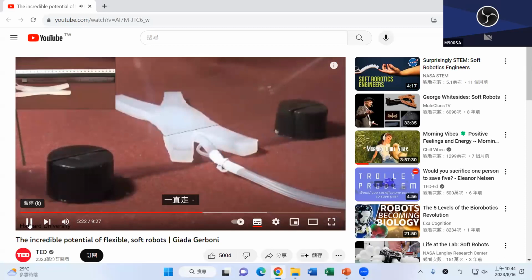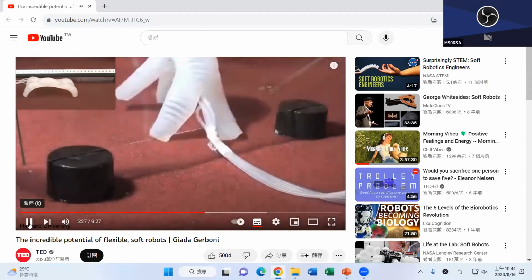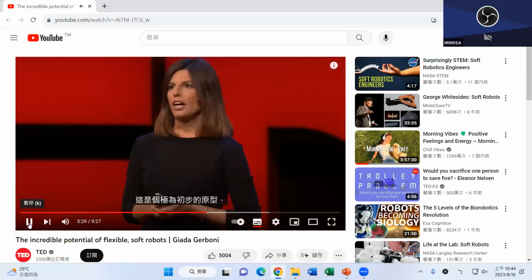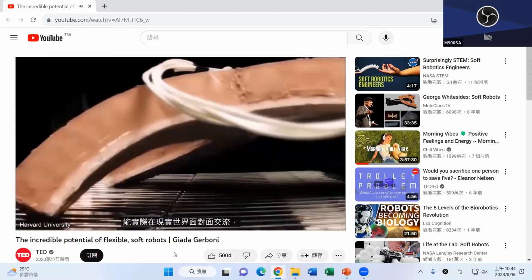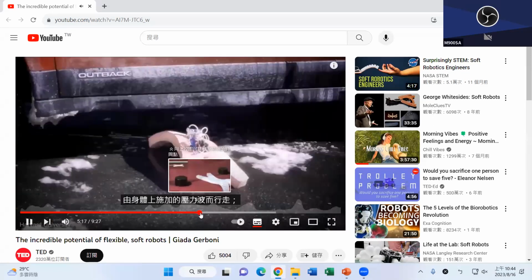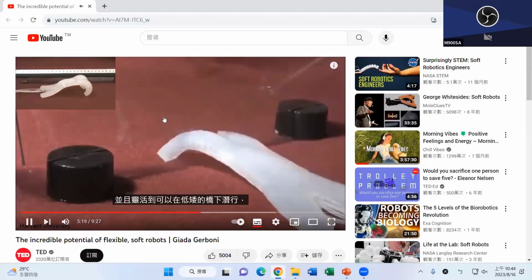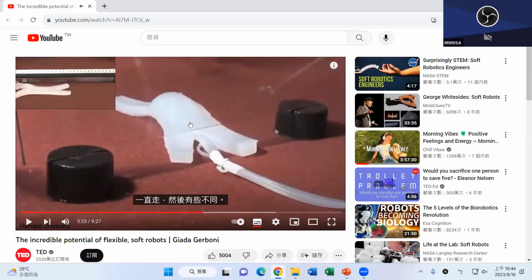This robot is trying to crawl under this bar here. So what you can see is also, oh, here we go. Similar idea, very similar idea. And of course, to control this